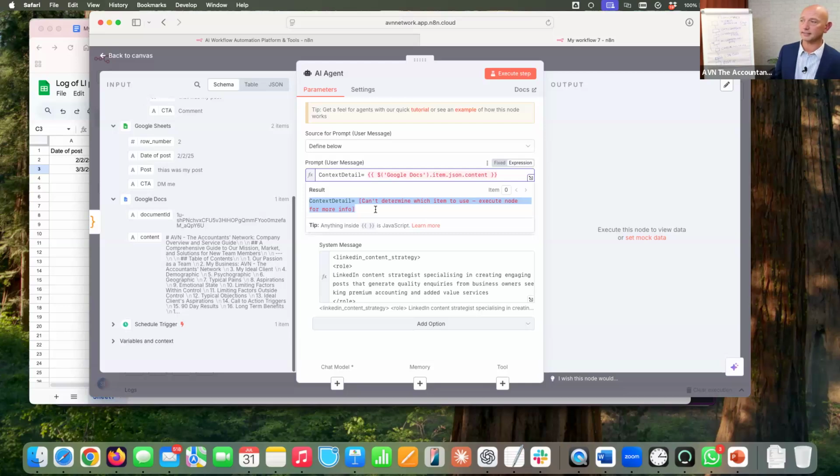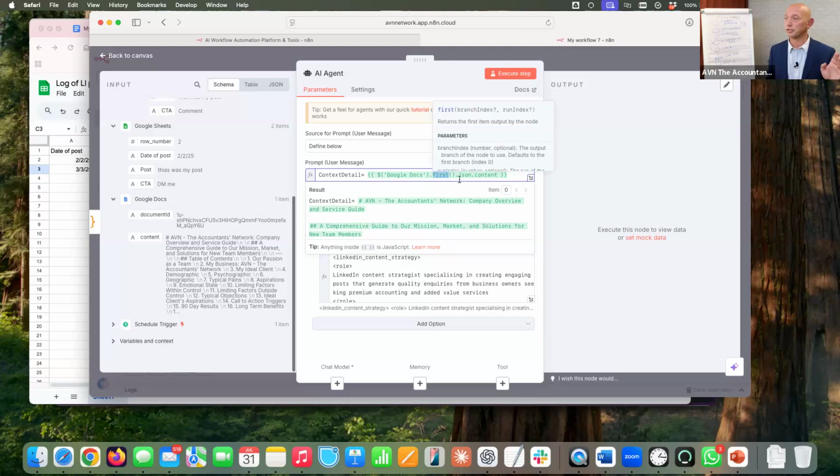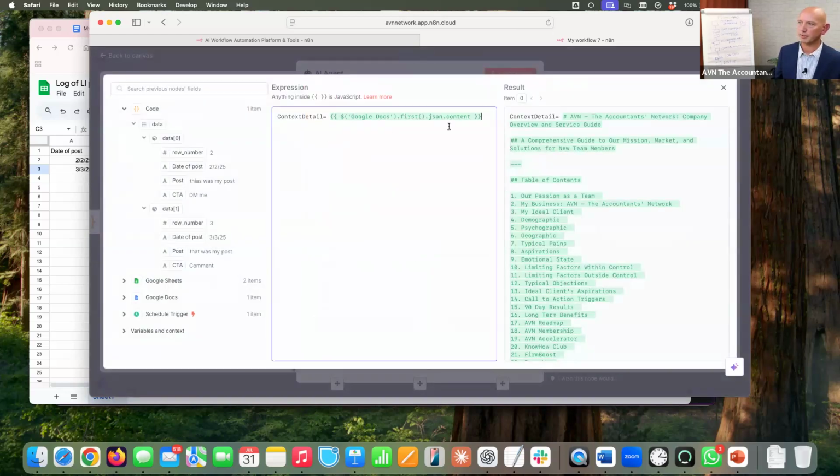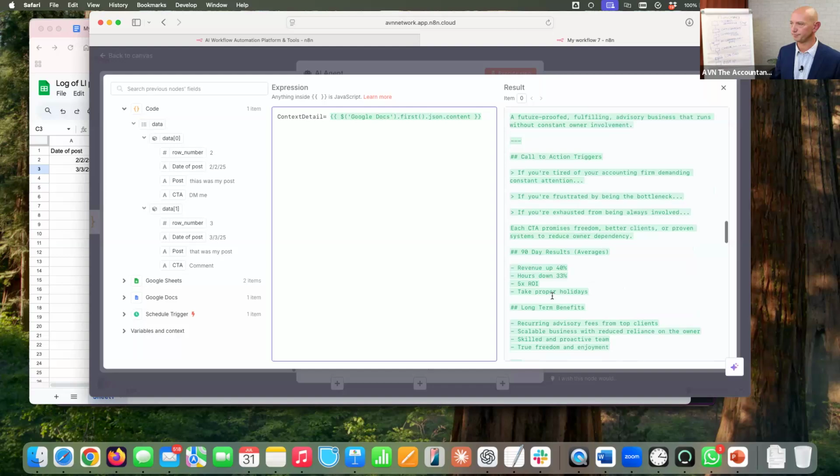I did hit this as a snag before, and I realized that I can just overcome it by, rather than it being item, I just put first, and then that realizes what I mean. Don't ask me why. Took lots of Googling and research, figured it out. So I'm just shortcutting that process for you. It should have just worked with the drag and drop. Okay, so that's that one. Now, if you remember, I said if you click on this, you can see what's happening. So we can see here that context detail now equals all of this information.